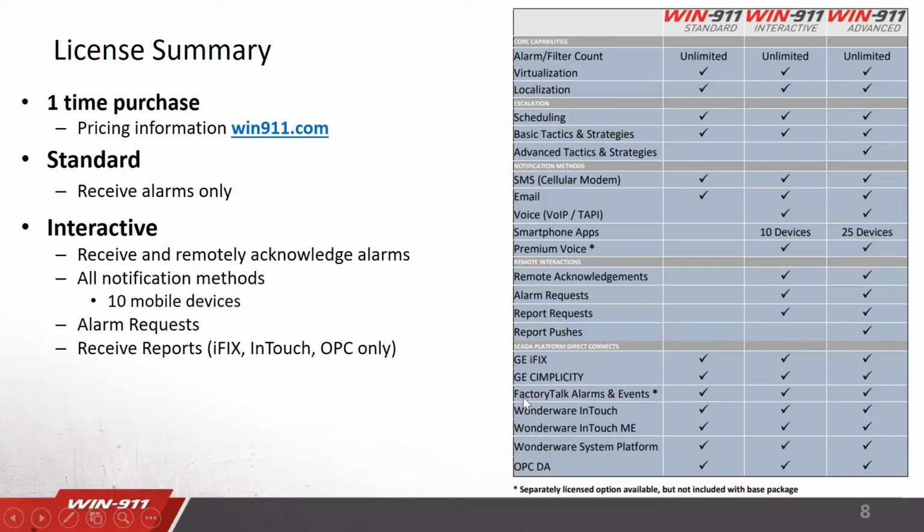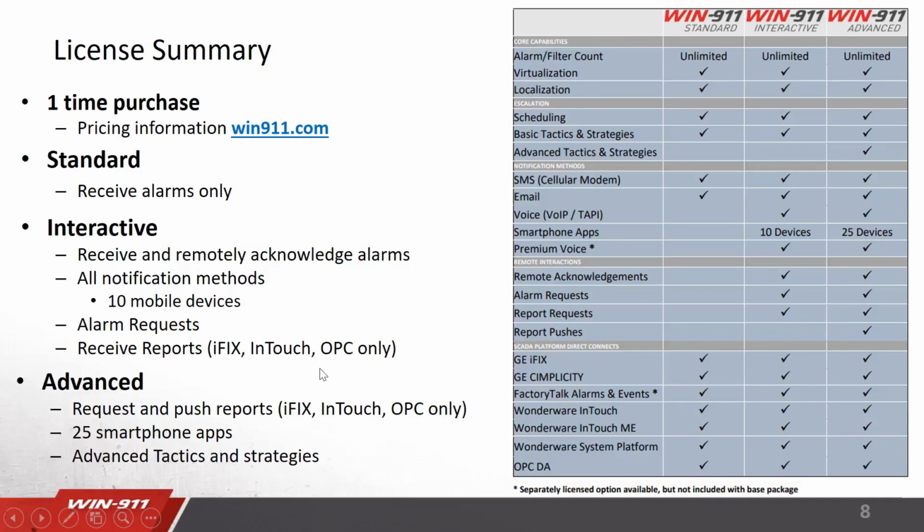In addition, now you have the access to the mobile app and all your notifiers. Now you can do alarm requests and receive reports, but keep in mind your reports are only available on your iFix, your InTouch, or your OPC. Our highest package is the advanced license and it has everything available on the previous license, except now you can push your reports out. You also have 25 smartphone apps, and the key differentiator I showed you is the advanced tactics and strategies. Using the advanced tactics and strategies, you can use that colorful flowchart to make decisions based on labels, times of day, calling certain people,